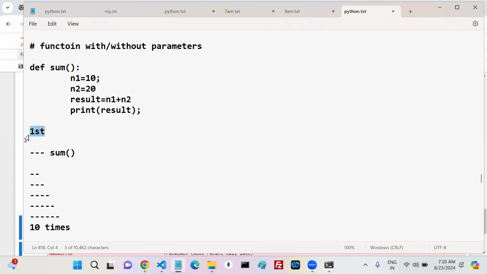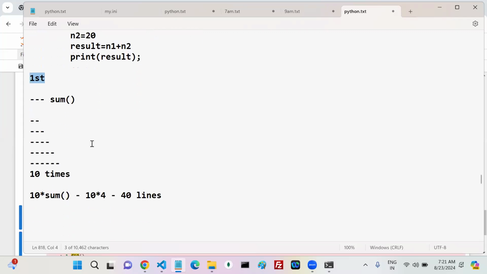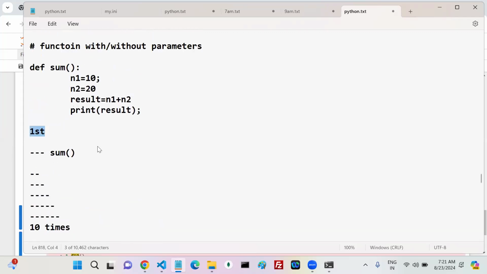Entire functionality, okay, that means entire first person functionality. How many lines of code are going to execute? 40 lines, right? For example, one line takes one second. How many seconds is it going to take to complete? Obviously 40 seconds. Okay, see, 40 seconds it is going to take. You can get the expected output, no problem at all.